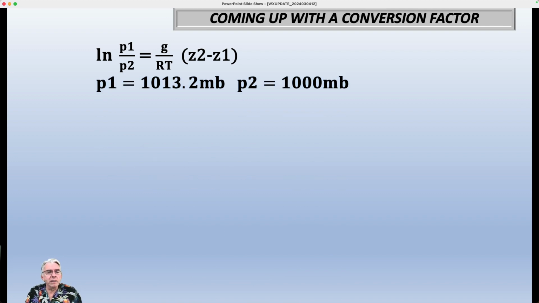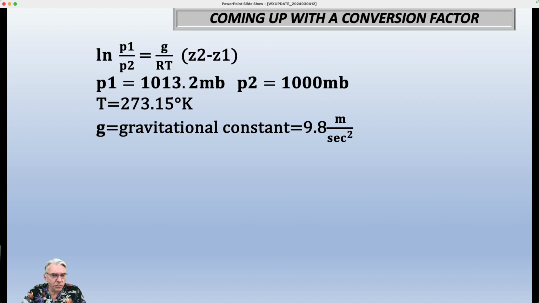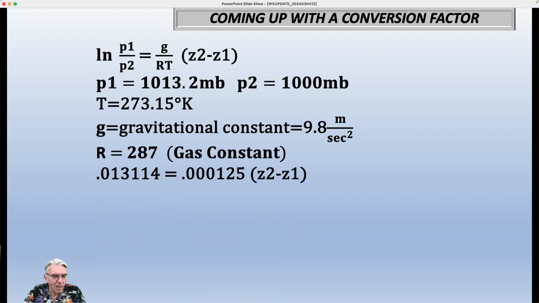So P1, the pressure nearest the ground, is 1,013.2 millibars, which is standard atmospheric pressure. Okay, there's what's called a standard atmosphere, and that's the pressure in a standard atmosphere. P2 is going to equal 1,000 millibars, so just a little bit above the ground. We're going to say the temperature is freezing, which in Kelvin is 273.15. G is the gravitational constant, we've already talked about that, 9.8. R is equal to 287, which is the gas constant. And so when you do all the math, you get